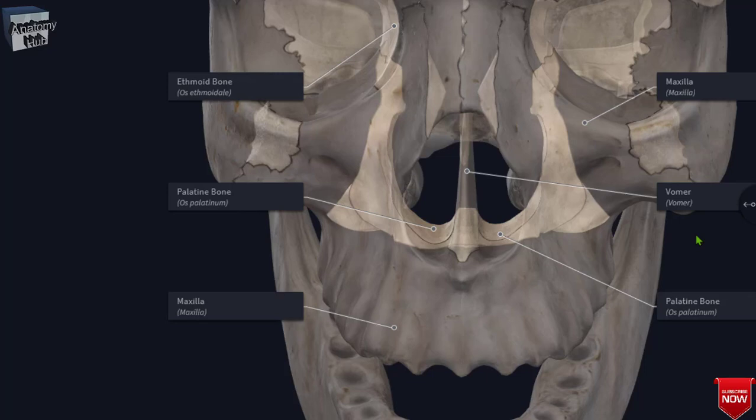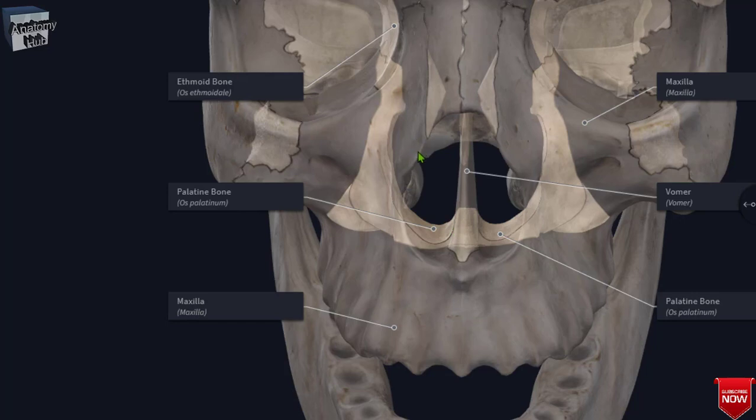So today we'll study about the palatine bone that you can observe over here. This is your palatine bone. The name is palatinum, that is the Latin word. It is a thin paired bone that participates in forming the nasal cavity and the oral cavity, as well as it also helps in formation of your pterygopalatine fossa.